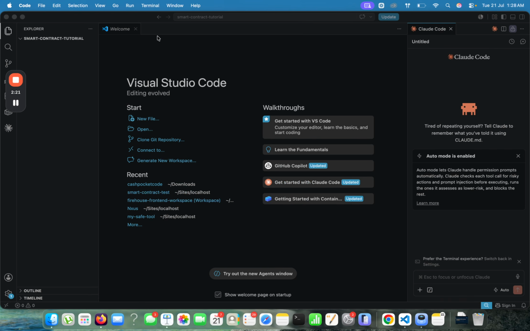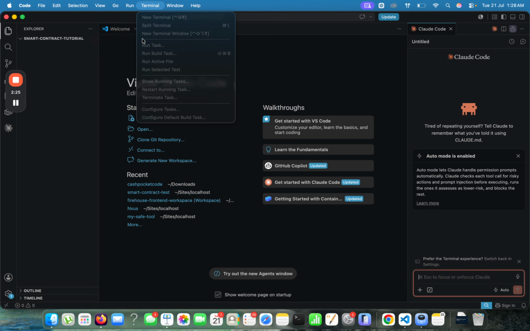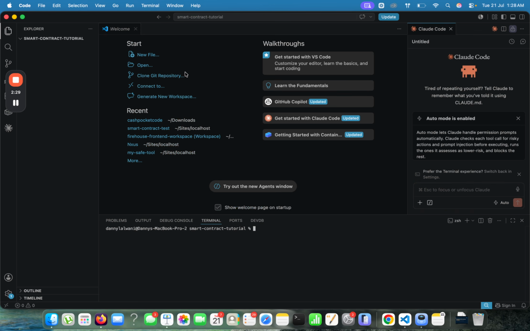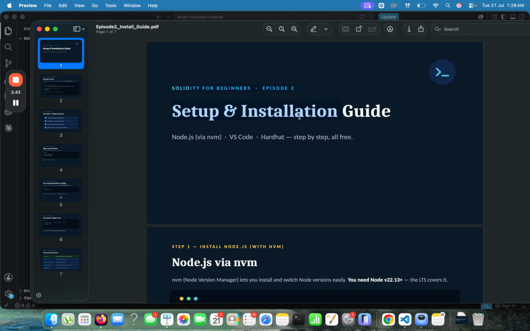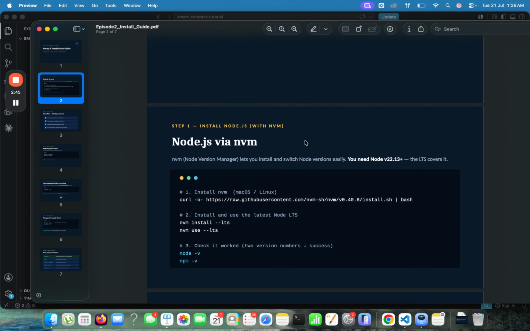Okay, so you can see that on my screen I have VS Code already open. And first thing that we're going to check is to see if we have Node installed. So if I go to node -v, you can see Node 24 is here, but the minimum version is 22. You can also use 22. So how to install Node? I wouldn't say you just install Node. I would suggest that you install